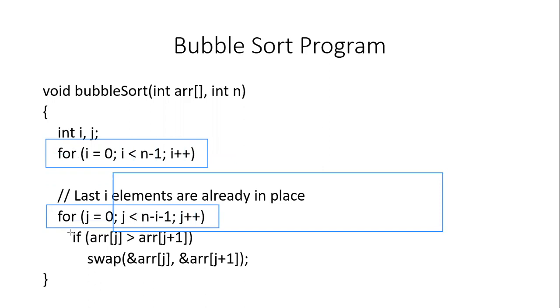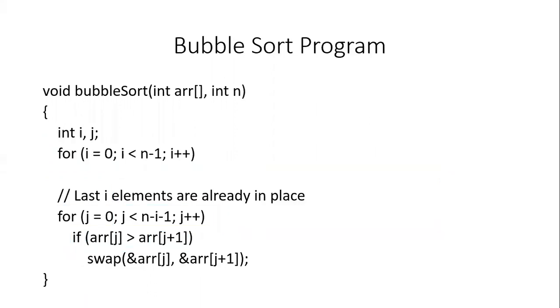And what we are simply used to perform, we are going to swap the two numbers if the first number is greater than the second number. So please check if a of j is greater than a of j plus 1, then swap the two numbers. Otherwise, there is no need to perform the swap. So this was the program for solving the bubble sort. A very easy and a basic program and a very basic algorithm. I hope the concept is clear to you.